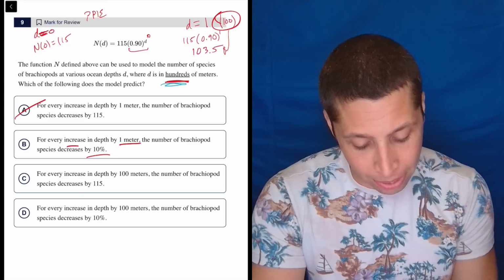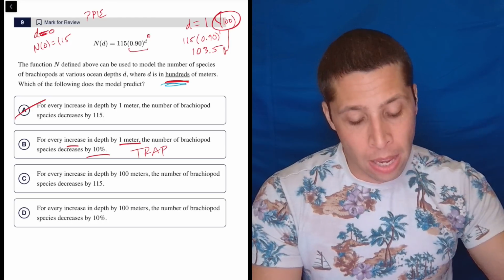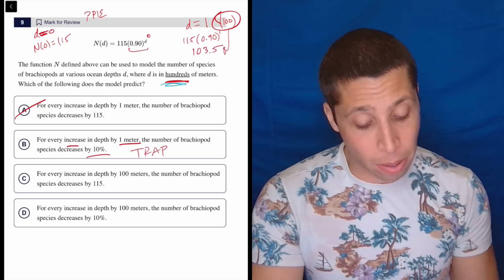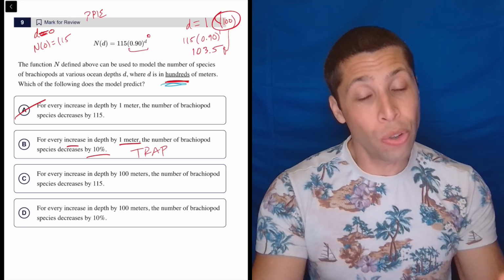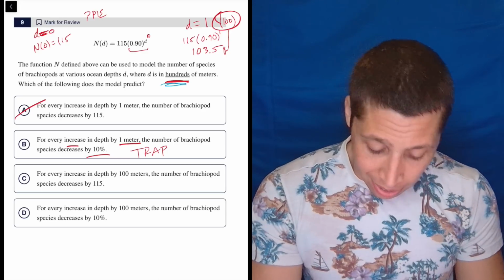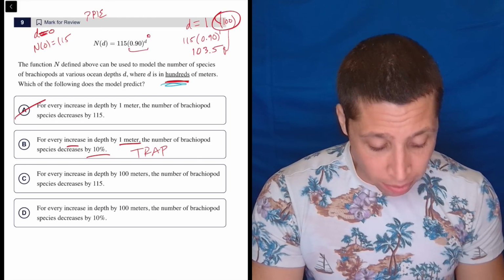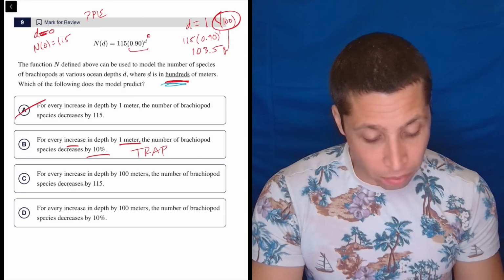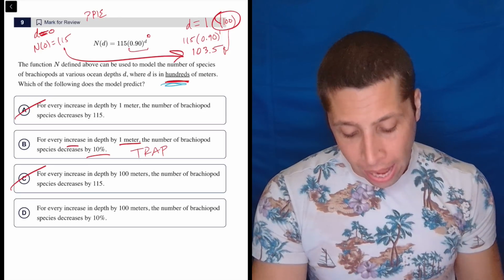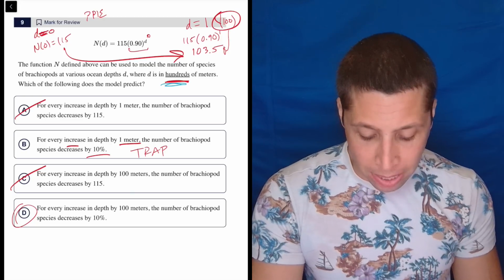So this is the trap answer, where if we plug points in, it feels kind of right. But we have to recognize the units of these points. That's what they're trying to get us on. But again, they underlined it, right? You should have seen that it is going to be important. It's underlined. C, for every increase in depth by 100 meters, now we're talking, the number of brachiopod species decreases by 115. It did not decrease by 115. It decreased by far less than that. And so then here, probably right, for every increase in depth by 100 meters, the number of brachiopod species decreases